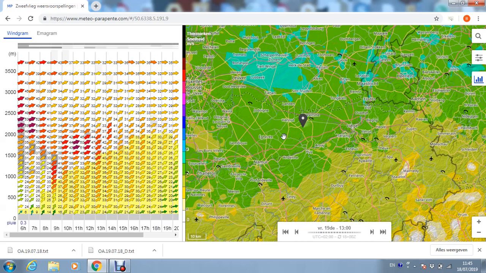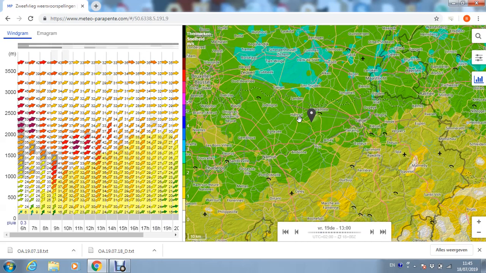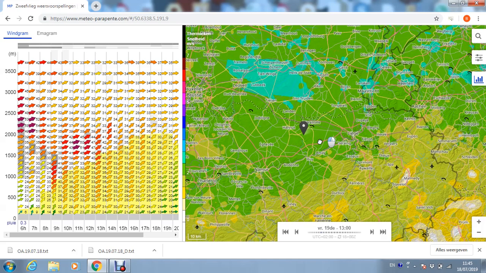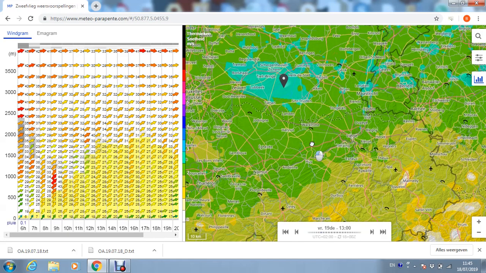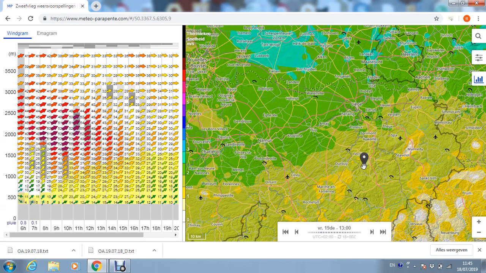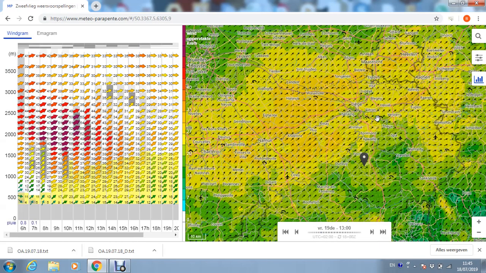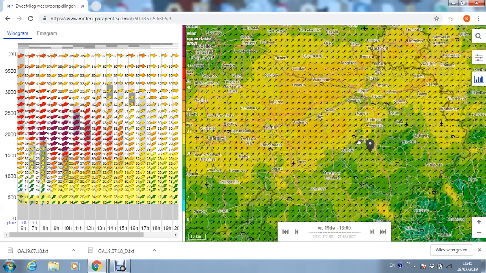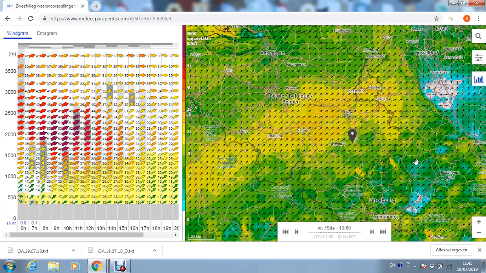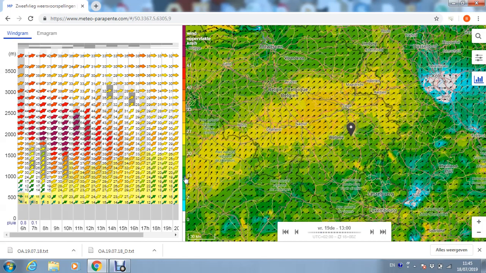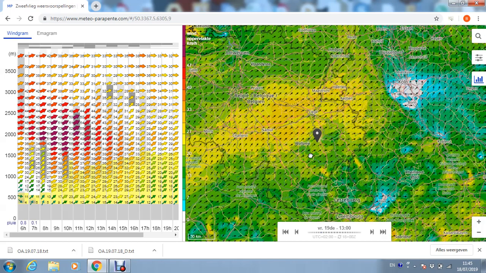Green looks good. Green means 2 meters per second average thermals. This might be even a bit too strong for a beginner like me. And these are quite soft conditions. But the first thing that I look at is the wind direction and speed on the ground to check for the places where I can take off. I'm zooming out. The wind is too strong here, definitely, but I need to find green areas or lower, green or blue, between 13 and 20 kilometers per hour